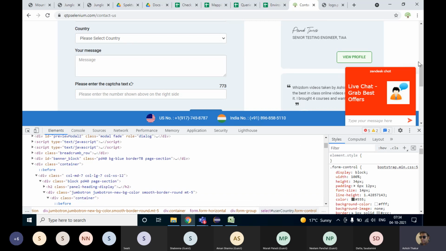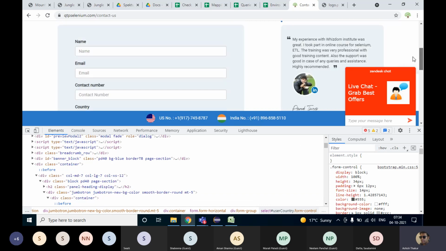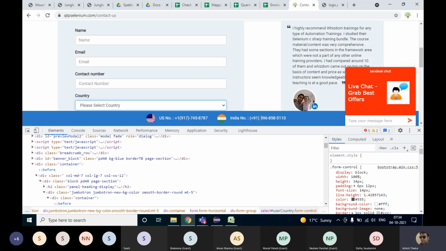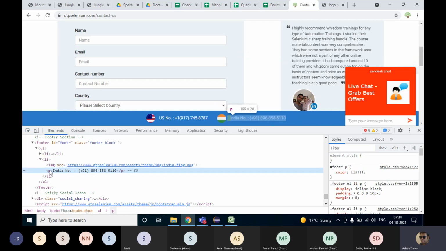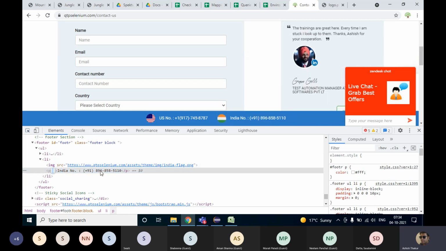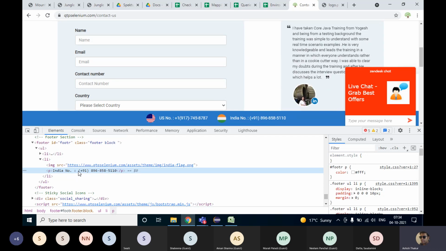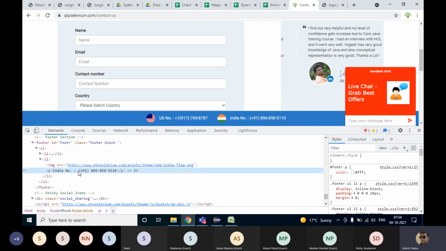For example, if I have to read this Indian phone number over here, if I go and select this, this is the para tag which has got no ID. So it's not necessary that you'll get ID or name every time, but if you get the ID or name of the element, it of course will be unique and it will be really easy to identify the element.